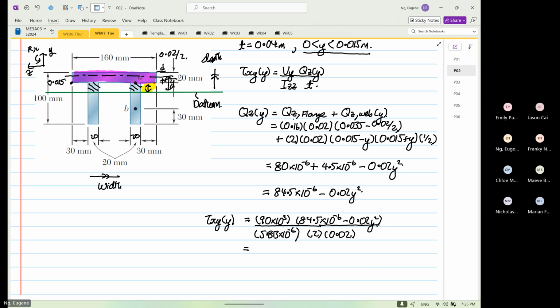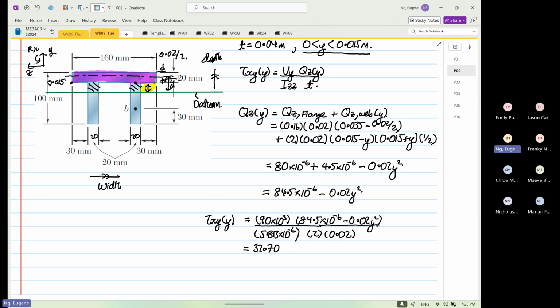Hold on, I keep on pressing my calculator wrong. 84.5, yep. So 90 to the power 3 times 84.5 to the power minus 6 divided by 5.813 to the power minus 6, divided by 0.04. So I get 32.706